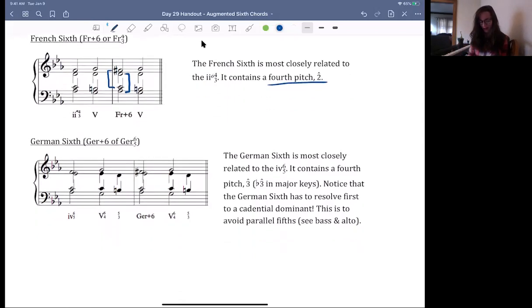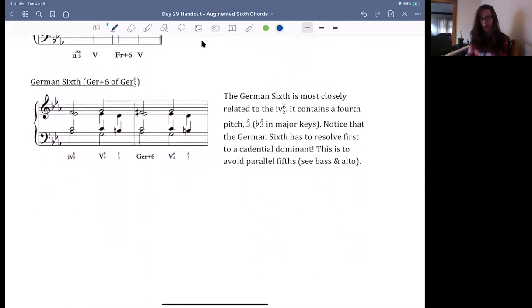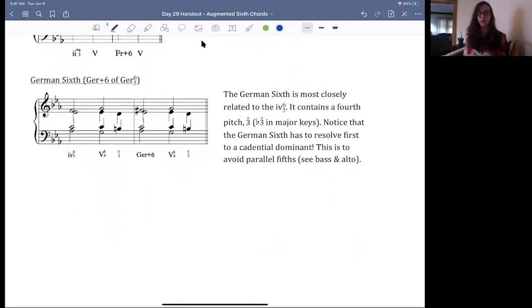All right, let's talk about the last and perhaps the most complex of the 3, mostly complex in its resolution because you've got to remember there's an extra step. All right, our German 6th chord. This is also most closely related to the 4 chord, only this time it's a 4-6-5. So we've added the 7th in, which means that it contains scale degree 3 or flat 3 if you're in